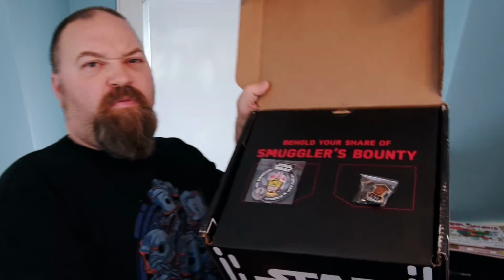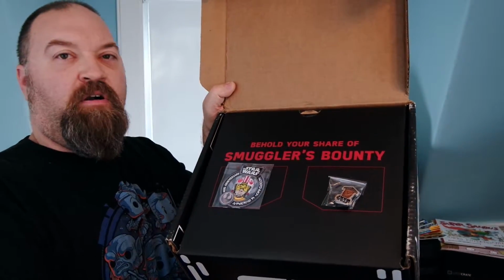And this is the 40th anniversary box. It has Princess Leia on the front, and let's open it up. Okay, so opening it up, we've got our patch and our pin, and I will show you those up close, but our patch is of Luke Skywalker, and our pin is Chewbacca. Alright, so open this up further,